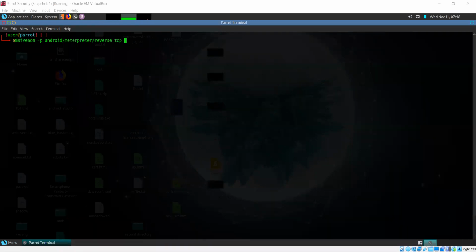This reverse TCP is used to dodge any kind of intrusion alert, intrusive systems or firewall. Yeah, firewall. So this is going to create a reverse shell, right? Over TCP. So what information do I need to specify here so that when it runs on a device, it is able to connect to my system? So what information can I specify here that will help it in that purpose? What should I specify?